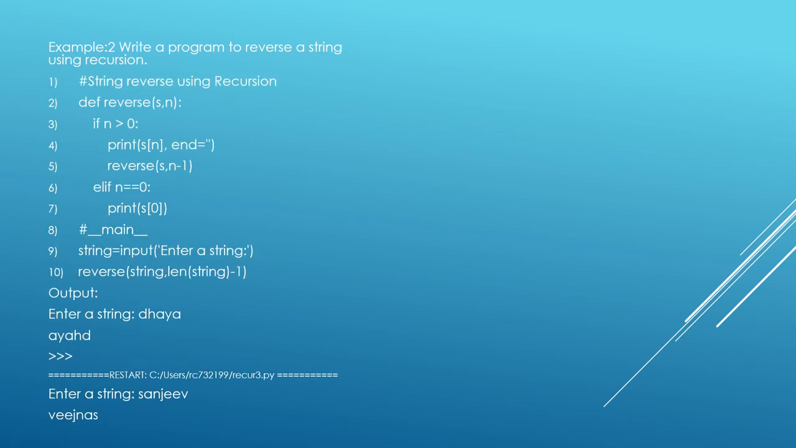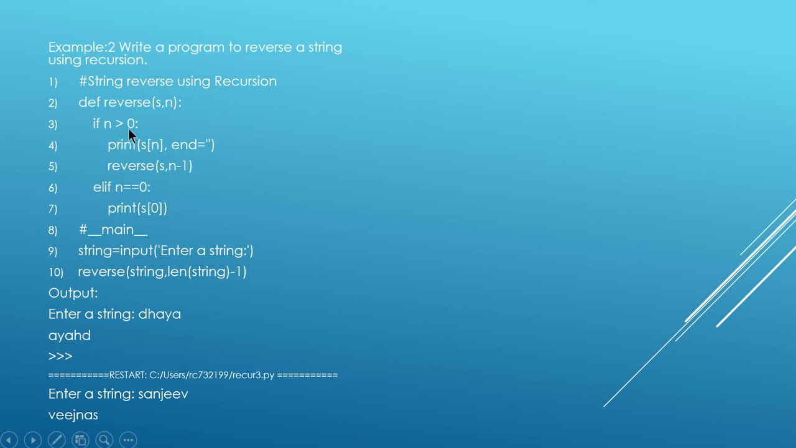So this is the program: string reverse using recursion. Def, the function definition starts here. Reverse is the function name. s is the string that you want to reverse, and n is the length of the string, because you have to specify where to start. And then, if n is greater than 0,